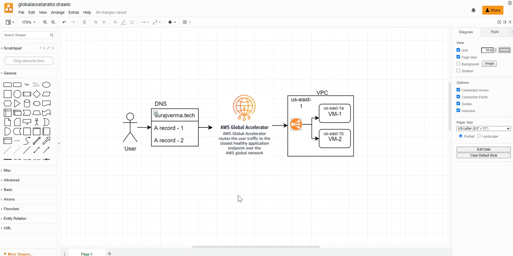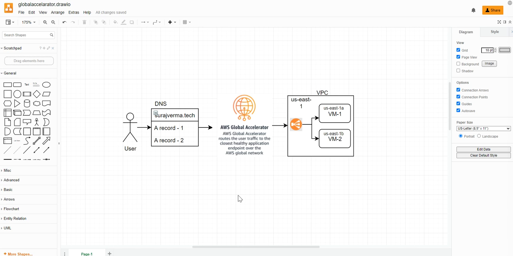Another advantage is when a request reaches the static IP address provided by AWS Global Accelerator. These static IP addresses use the Anycast protocol here. So in your AWS global network, where they have multiple edge locations, suppose your user is in some location, and the closest edge location of the AWS global network to that user is XYZ.